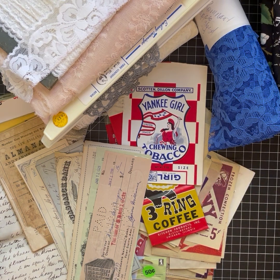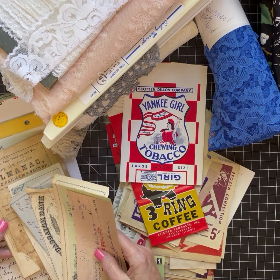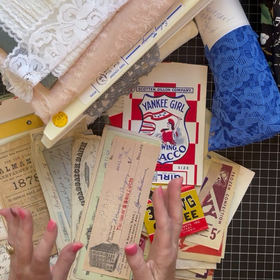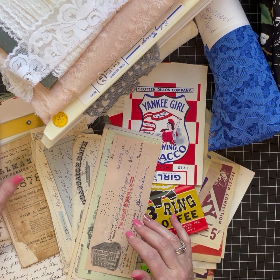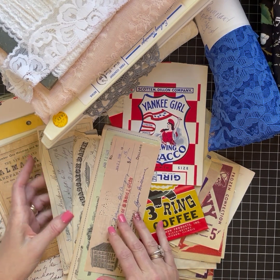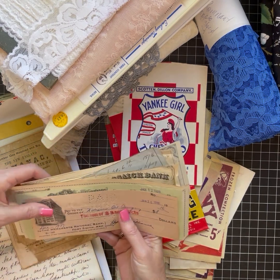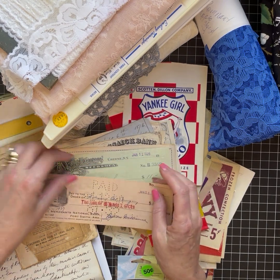So, where do I start? To begin with, I went to an antique store, and there was somebody there that had a booth, and they had a sale on all of their ephemera, but then they even had it discounted even more from the original sale. So I didn't pay very much for any of this, but I got some really cool old checks in 1940s,